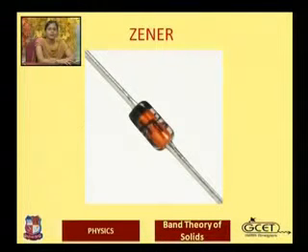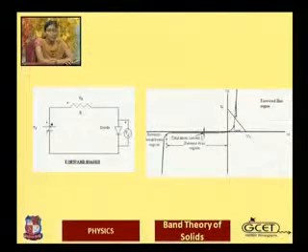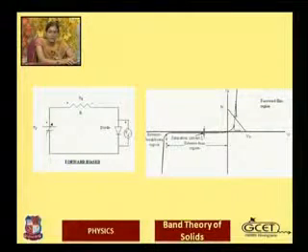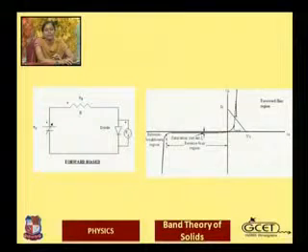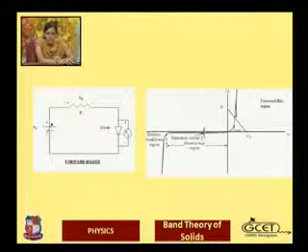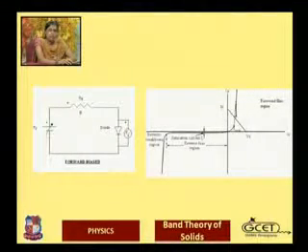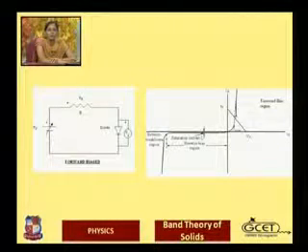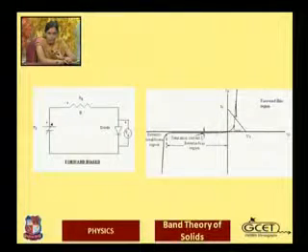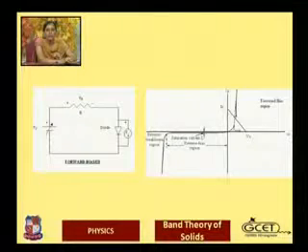Here is another type of diode. Actually, when we construct the PN junction diode, we take care of the amount of impurity that we are adding inside the PN junction diode, and whenever this amount of impurity is increased up to a certain level, there will be a change in the characteristics of this breakdown point. So whenever there is a breakdown, the breakdown voltage VBR depends upon the value of that particular doping.